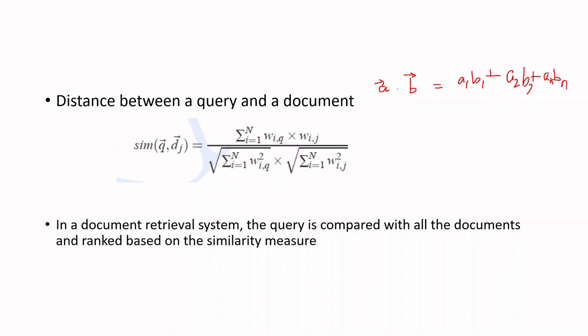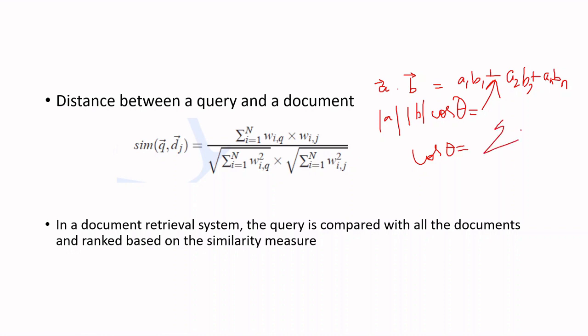Now, A dot B you can also write as the absolute value of A into the absolute value of B into cos theta. So equating these two, you can say cos theta is equal to